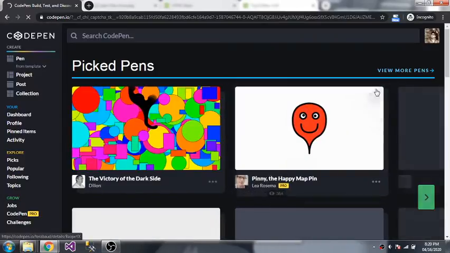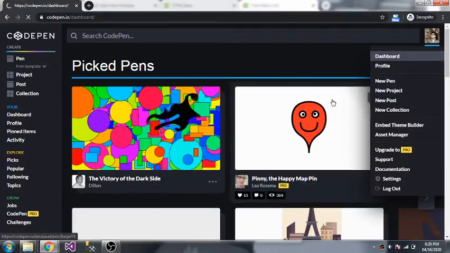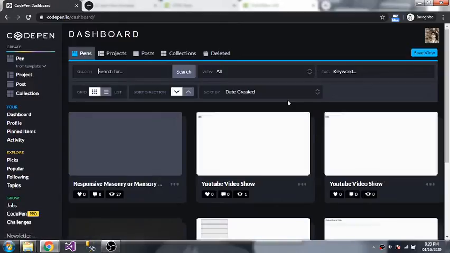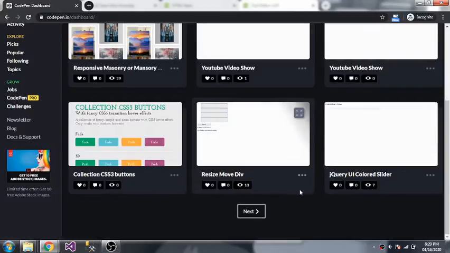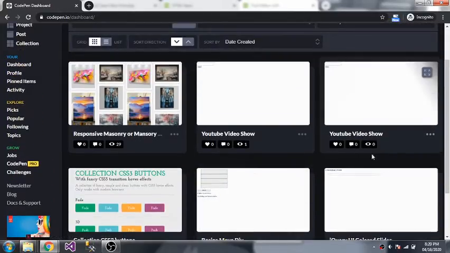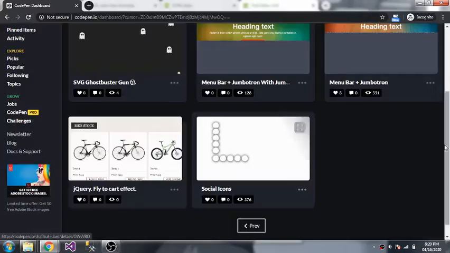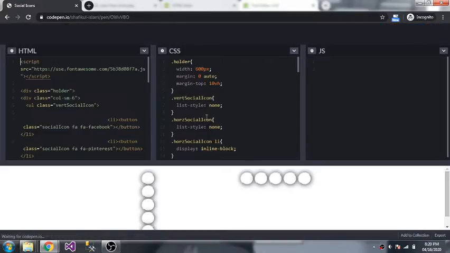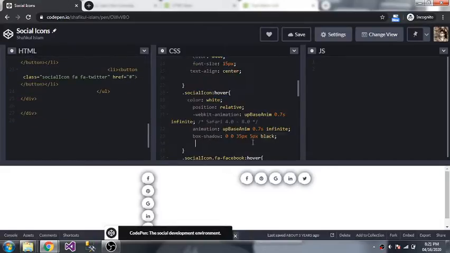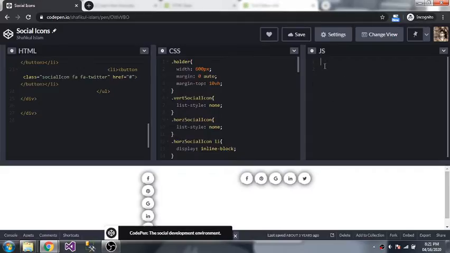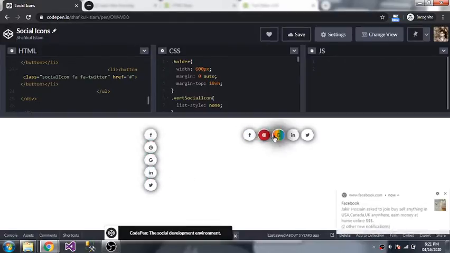Okay, I remembered. So here you can also code. Here you can write HTML code, you can write CSS code, you can write this code here. But I don't prefer this one, because